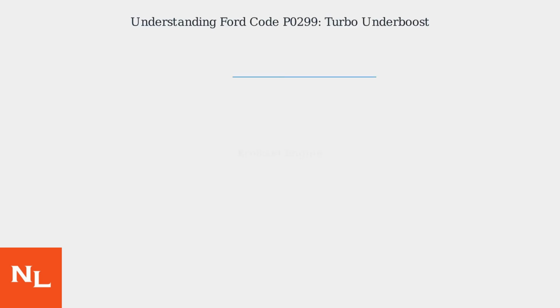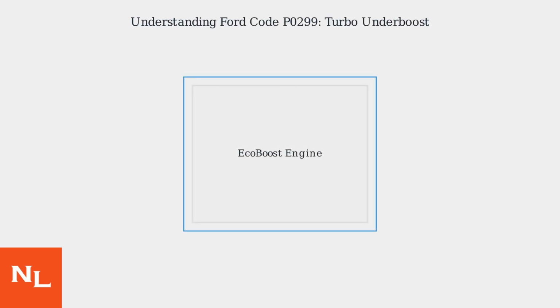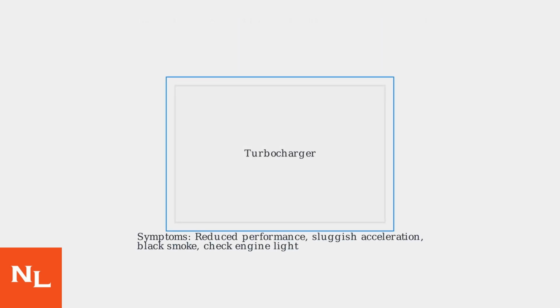Ford Code P0299 indicates a turbocharger-supercharger underboost condition. This means the engine control module, or ECM, detects that the manifold absolute pressure is lower than expected, signaling insufficient boost from the turbocharger. Common symptoms include reduced engine performance, sluggish acceleration, black smoke from the exhaust, and the check